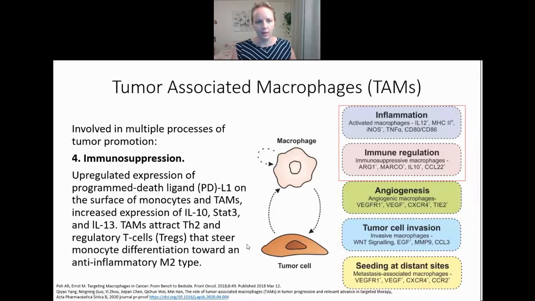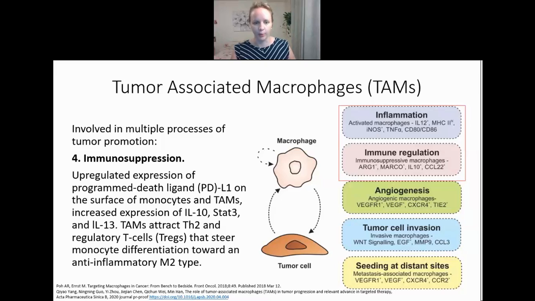And finally, immunosuppression. They have a very well documented role in anti-inflammatory and immunosuppressive functions. So macrophages, TAMs, can upregulate the programmed death ligand 1, PDL1 marker, which is a T cell inhibitory marker, and they're increased on TAMs. They can increase the expression of other anti-inflammatory cytokines and signaling molecules, but also they can in fact